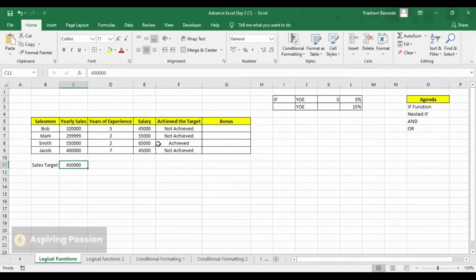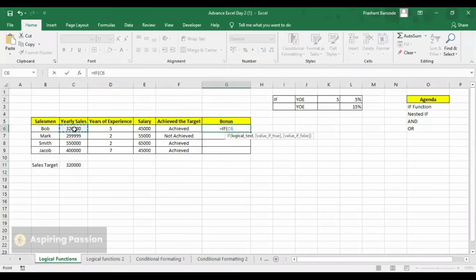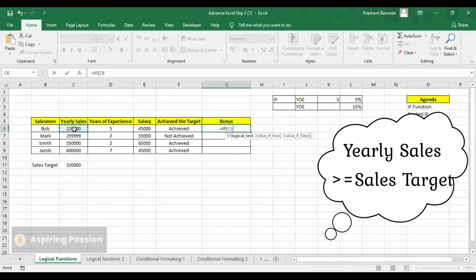The first objective is that we'll first apply equal to, if. Now I'm going to again compare this sales figure of Bob with the target. So it should be greater than or equal to the target.